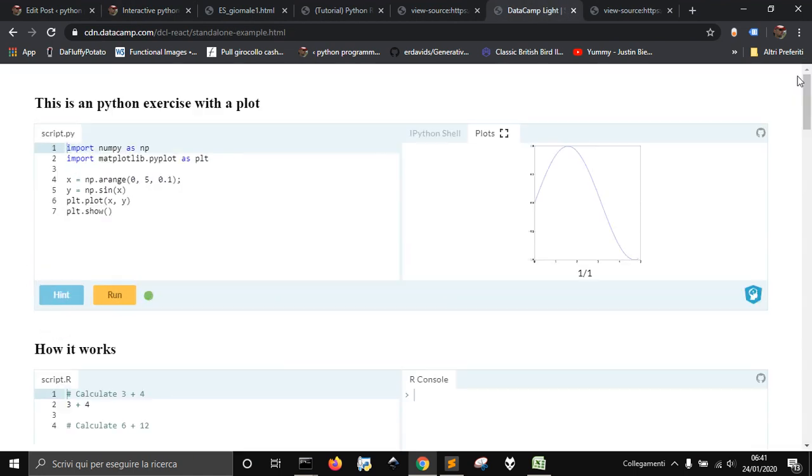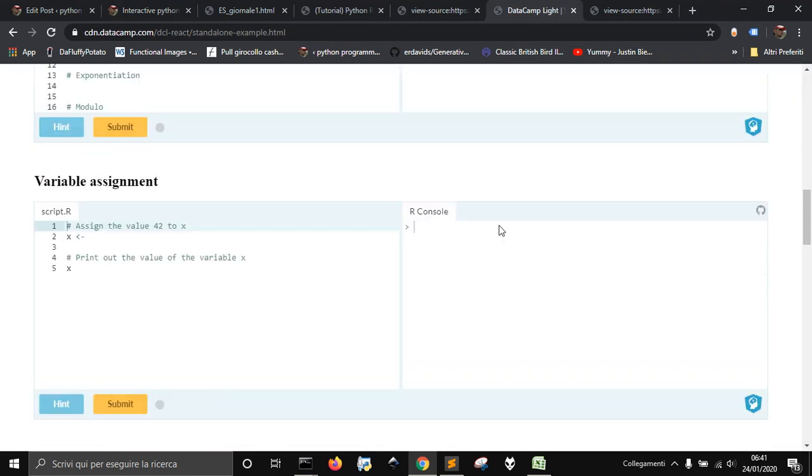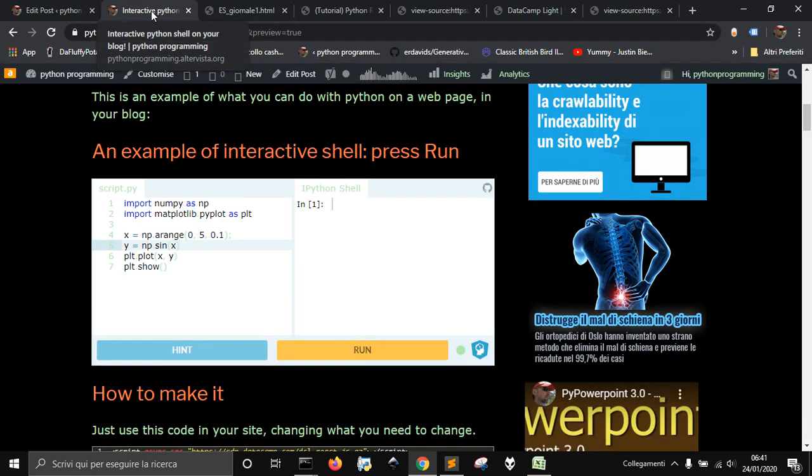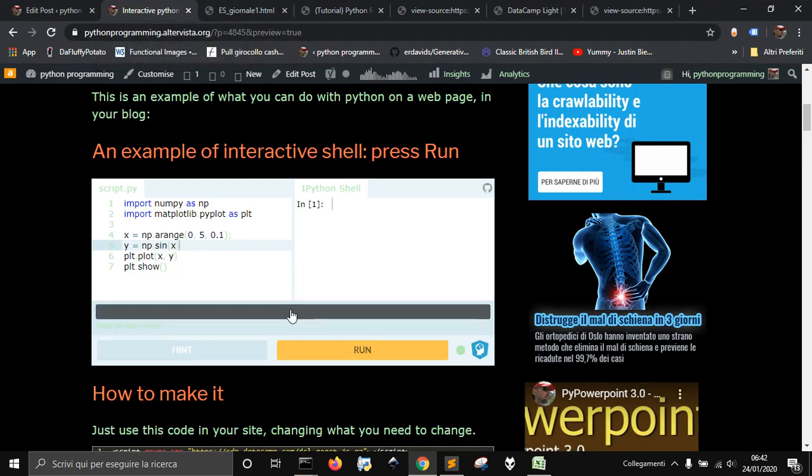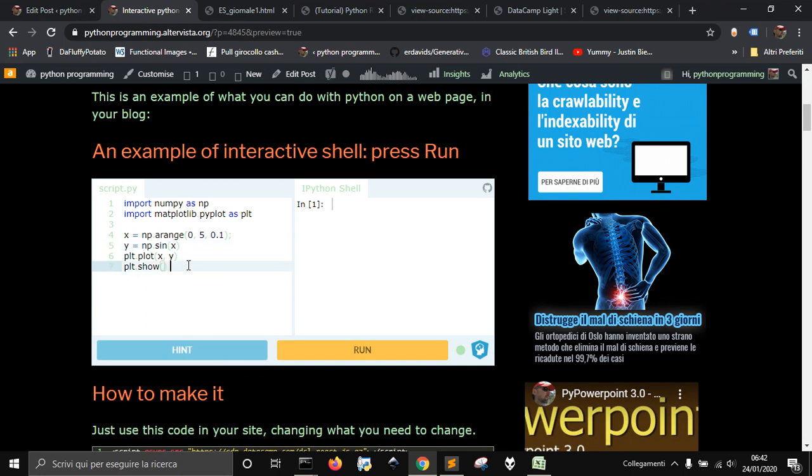DataCamp, and these are some examples here. Now let's see an example here. You get also hints here if you want to make exercises or other stuff. Now we just want to show the basic thing, how to run some code, and here is some matplotlib and numpy